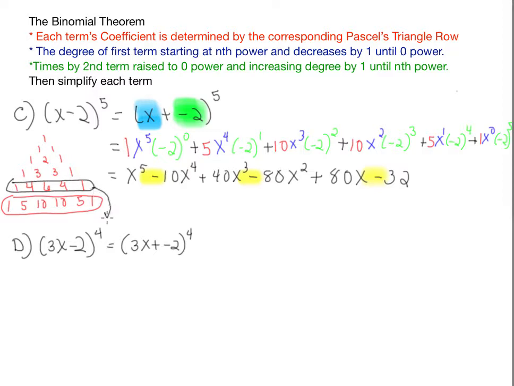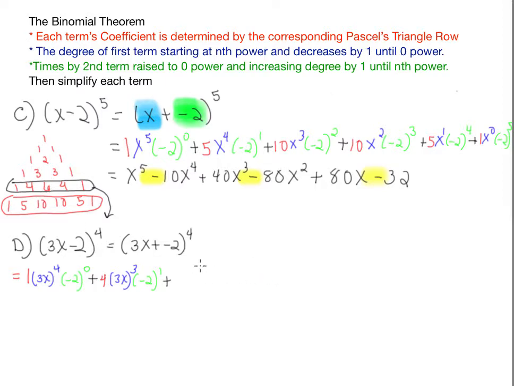So I'm going to use coefficients 1, 4, 6, 4, and 1 in problem D. The first coefficient from Pascal's triangle is 1, times my first term of 3x raised to the 4th degree, times our second term, which is negative 2, raised to the 0 degree, plus our second term in Pascal's triangle, which is 4, times 3x raised to the 3rd degree, times negative 2 raised to the 1st degree, plus our third number in